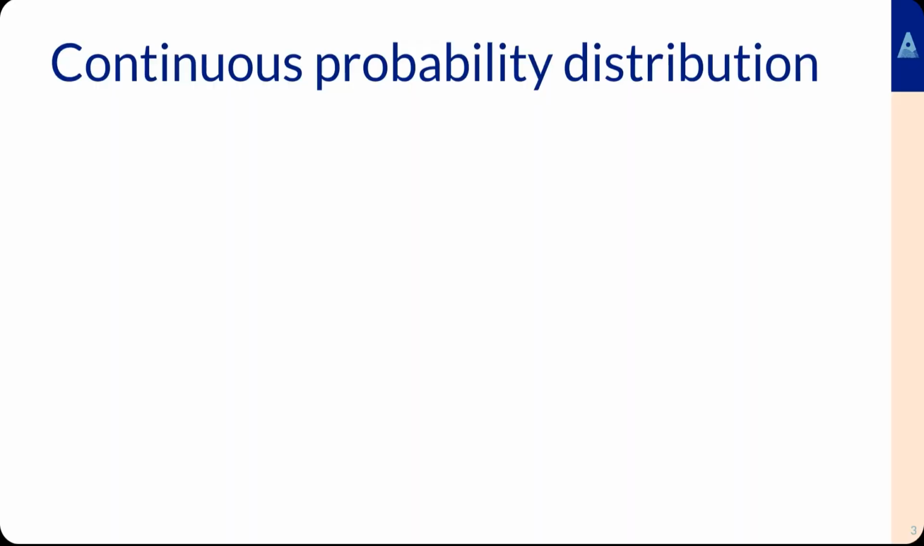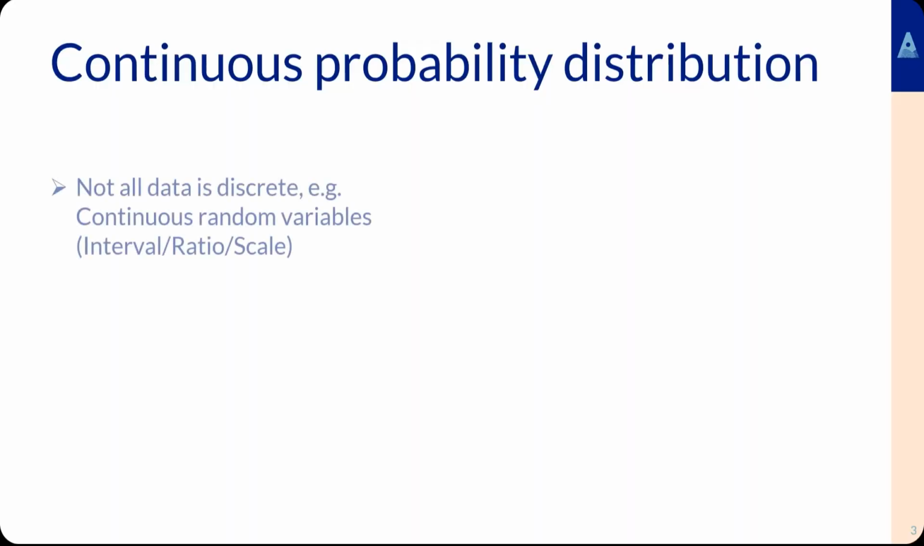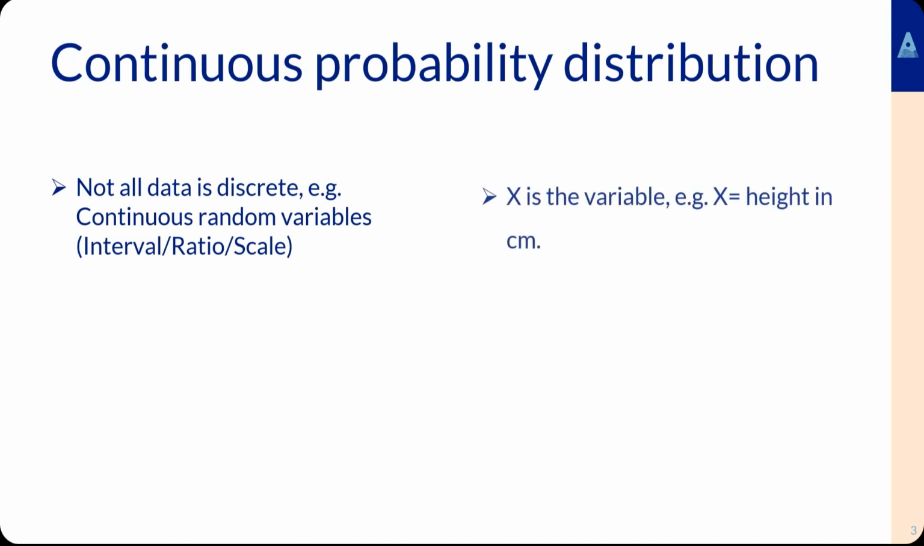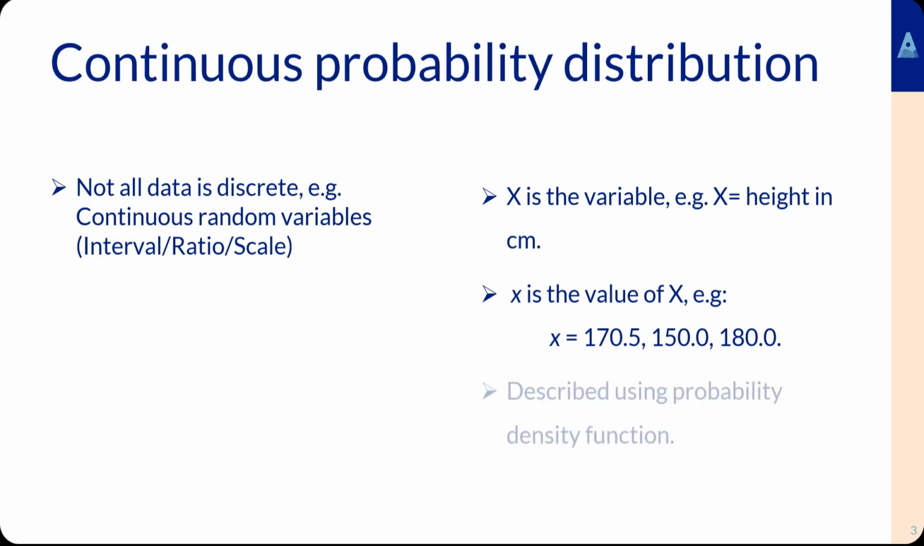Continuous probability distribution. Not all data is discrete. For example, continuous random variables are of type interval, ratio, or scale. Taking an example, if X is the variable, for example, X is height in centimeters, then small x is the value of individuals for X. For example, one person can have a height of 170.5, another can be 150.0, another can be 180.0. All of these values can be described using a probability density function, which is easiest to understand when